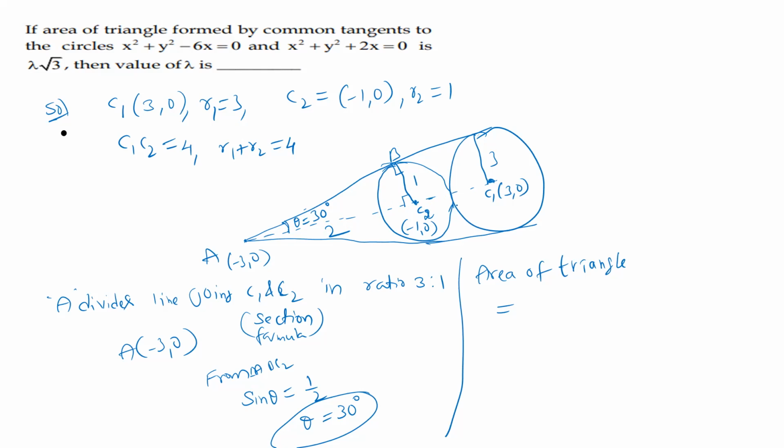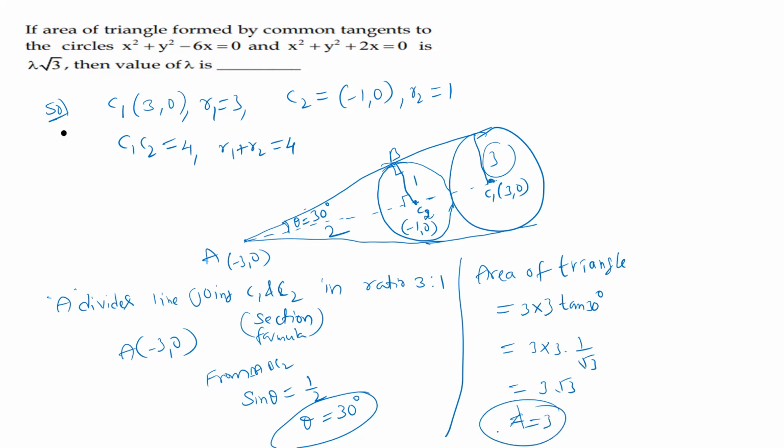Clearly 3. Now that's why this 3 into, what is the height of this one? 3 into tan 30 degrees. Okay? Tan 30 is 1 by root 3. That is 3 root 3, because 3 by root 3 is root 3. Now 3 into root 3 means they already gave values as lambda into root 3. That's why lambda we can take as